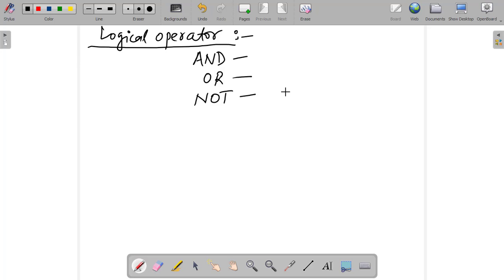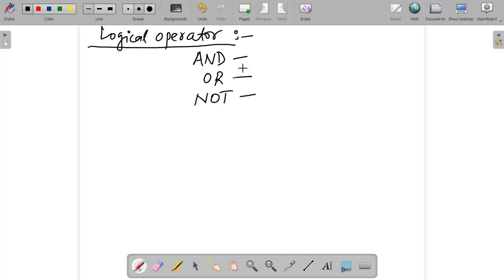AND means the first part and the second part both must be satisfied. That will be AND. Let me tell you with an example.